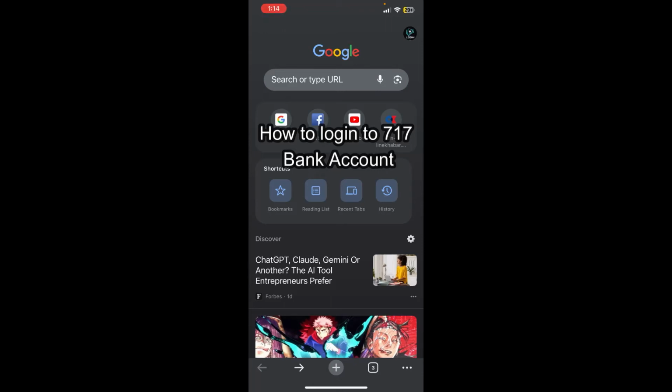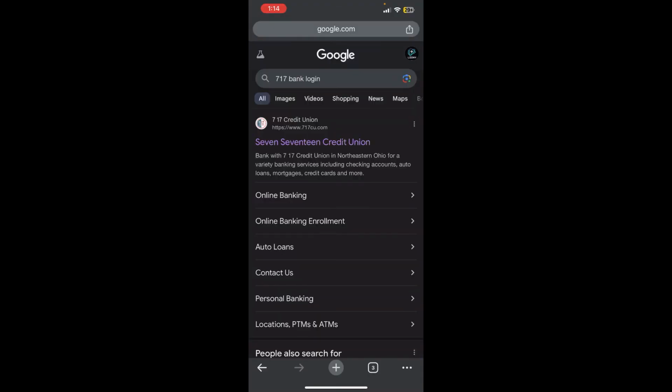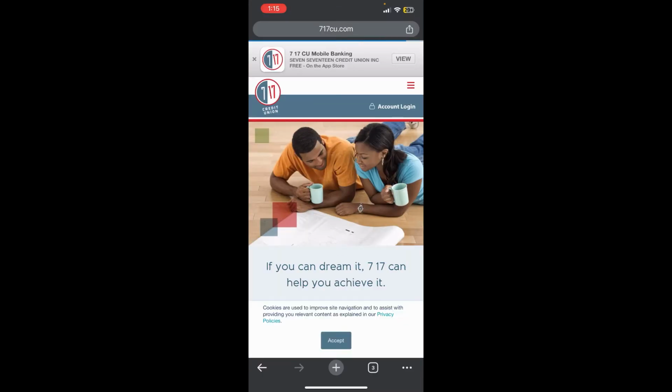Today in this video I'm going to show you how you can log into 717 Bank, so make sure you follow my steps till the end. First of all, you need to search for 717 Bank login in Google. Right after that you'll be able to see a link at the top of the screen where you need to click on it, and you'll be redirected to the official page of 717 Bank where you can see the account login option